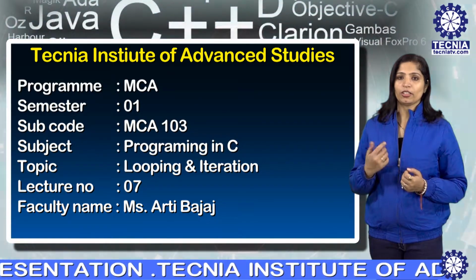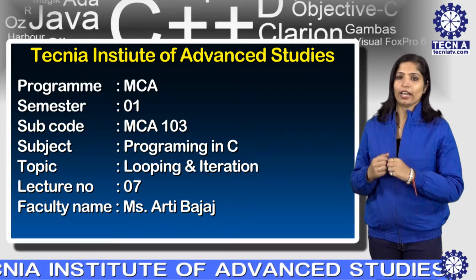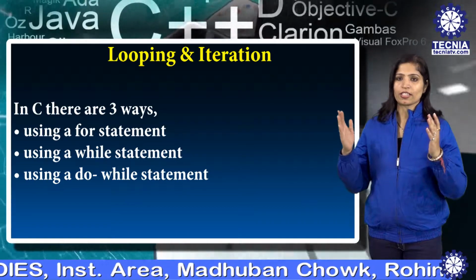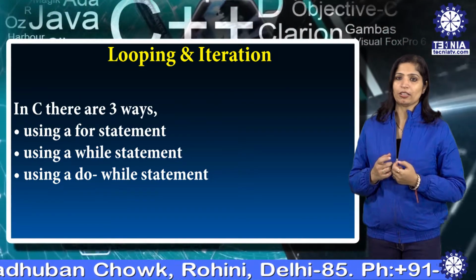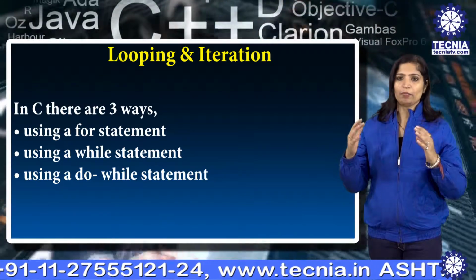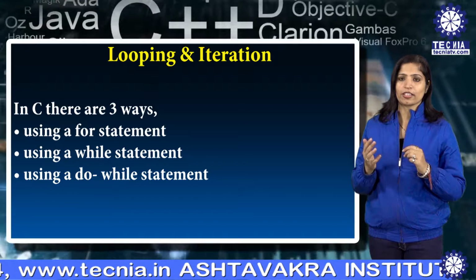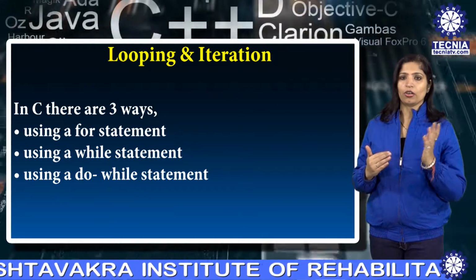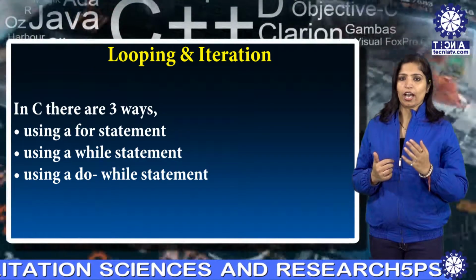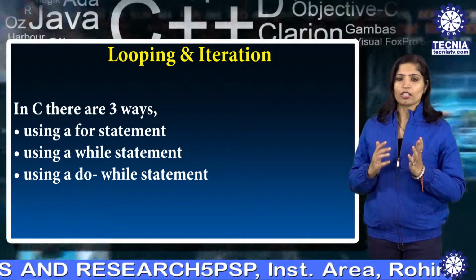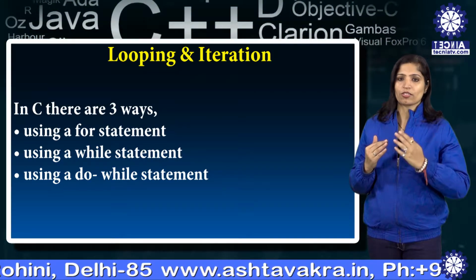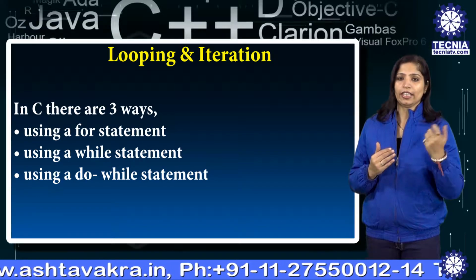Today, I am going to deliver a lecture on looping and iteration. In sequential mode of programming, the calculations are carried out in a sequential manner, while in case of decision control structure, an appropriate set of instructions are executed depending upon the outcome of the condition being tested. These types of programming are limited in nature because when they execute, they always perform the same series of instructions in the same way exactly once.